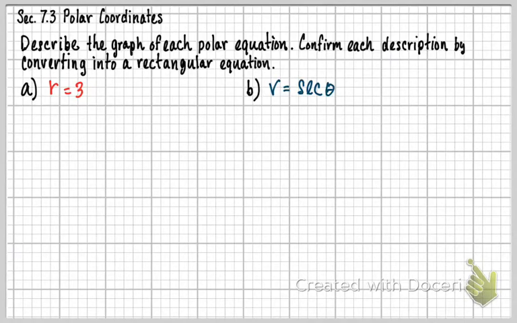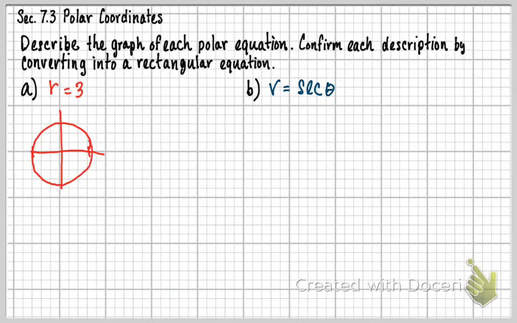Describe the graph of each polar equation. Confirm each description by converting into rectangular equation. So when I look at this first graph, r equals 3, I can see right away that if I was to graph this, this would be a graph of a circle